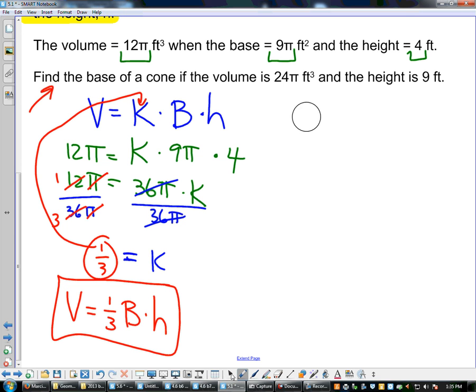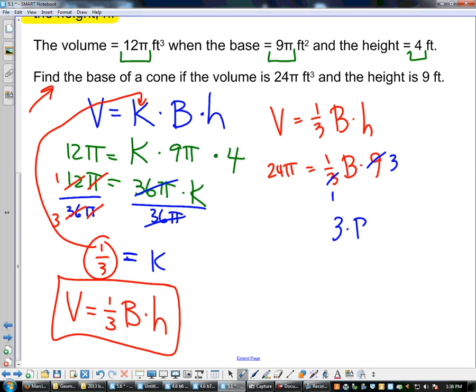Let me write my equation down again. V equals 1/3 base times height. The volume is 24 pi, and that's equal to 1/3 times the base. We don't know, but the height is 9. Well, I know that 3 goes into 3 once and into 9 3 times, so 1/3 times 9 is 3. I still have the base B that I need to find, equals 24 pi. We divide both sides by 3, and we end up getting the base is equal to